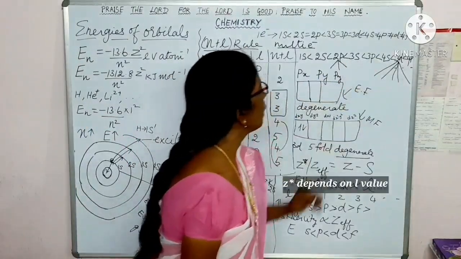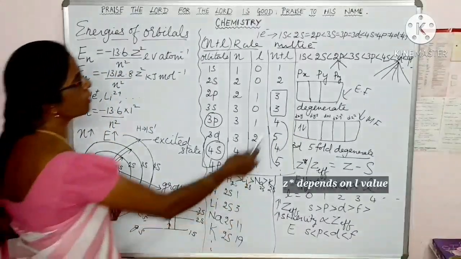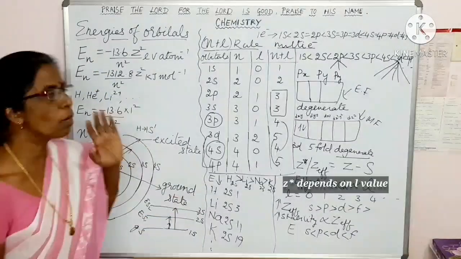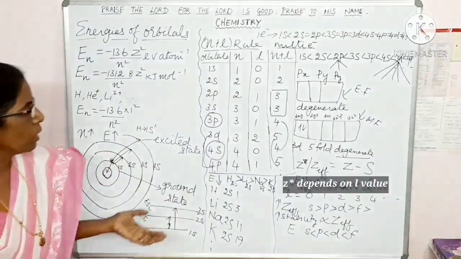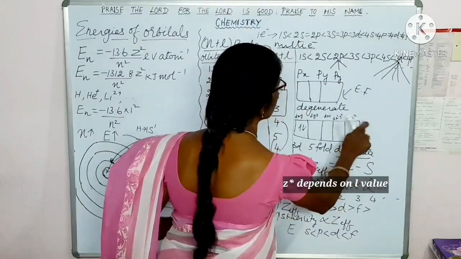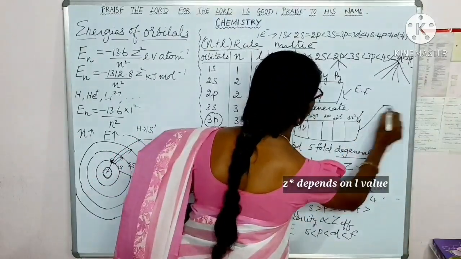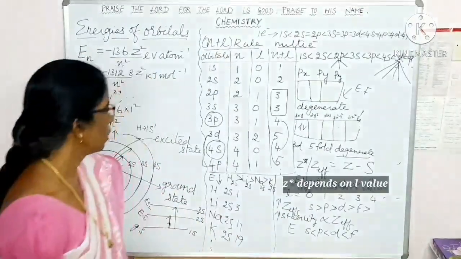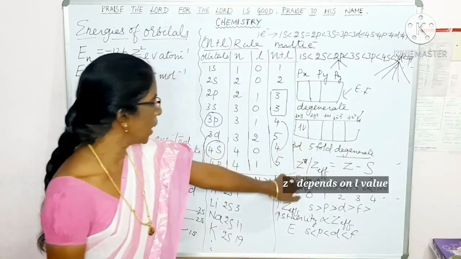For p and d orbitals and also f orbitals, you have different orientations. So the orbitals are denoted as px, py, pz. So what about their energies? They will have same energy if there is no electric and magnetic field. When you apply this magnetic or electric field, these orbitals will be split up into lower and higher energy levels, that you will be learning next year. So here you learned what is 3-fold degenerate orbital, 5-fold degenerate orbitals.